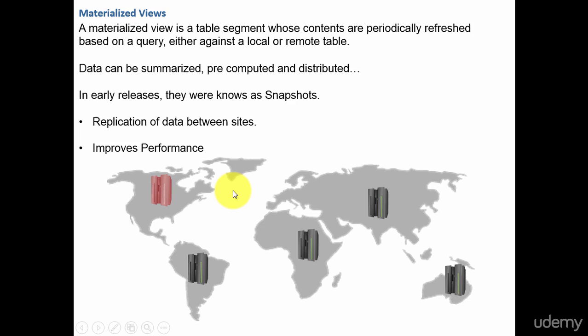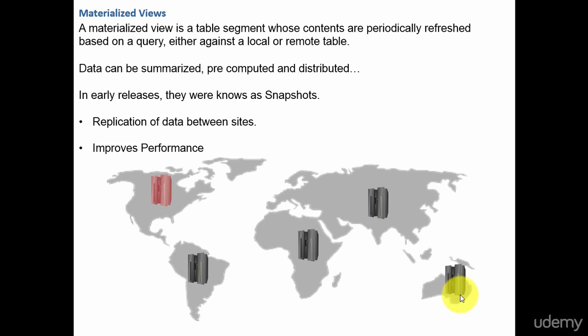So instead of that, what about creating a materialized view? That's a good idea, right? Yes. Depending upon the content on the server, we create a materialized view in the server in Asia, in the server in Africa, in the server in South America, and the server in Australia. The contents in these four servers are periodically refreshed from the data present in the North American server. You see how you were able to replicate your data in the other continents? Yes, that is one of the major use cases of a materialized view.